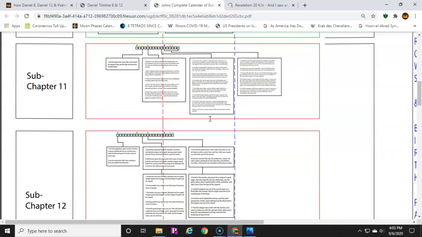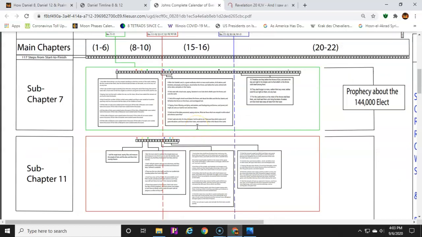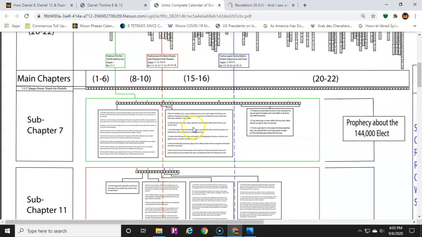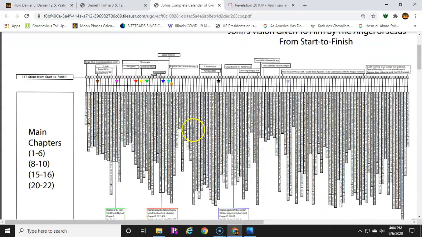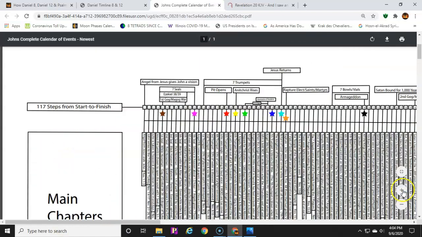I mean, these sub-chapters are here to open up what's going on between these events. They're zooming in to give you depth and allow you to see what's happening on the ground. But you need to understand this is a chronological event, and that when you go into here, this is important. You have 7 seals. Then once they're broken, He hands out 7 trumpets, and you have 7 trumpets occur.